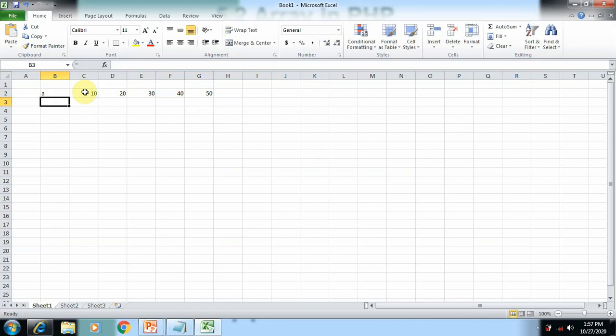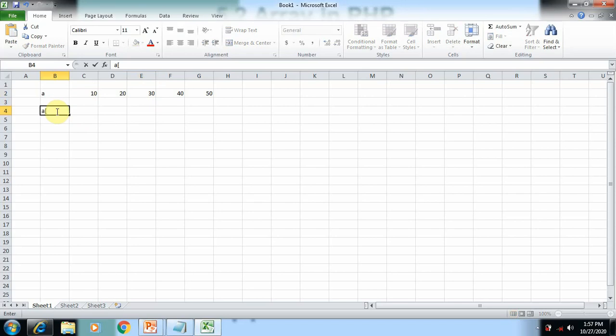Now if you want to call a specific value from this group of values, for example the 30 value, then you should use the index number of that array variable.